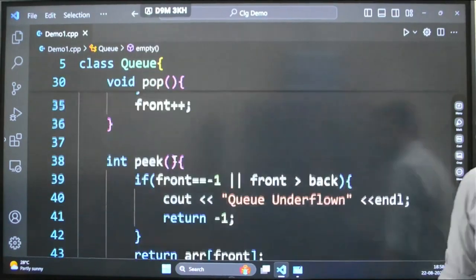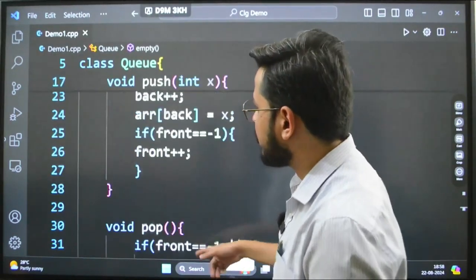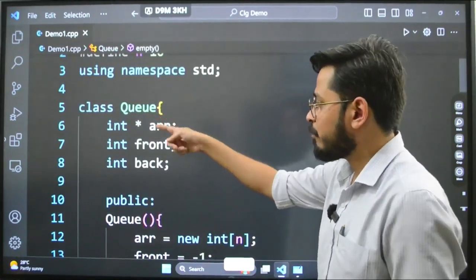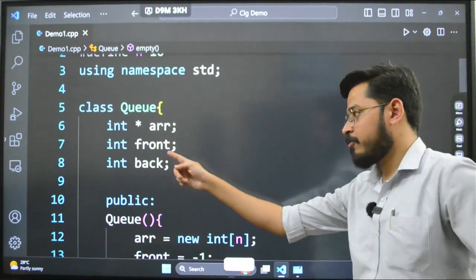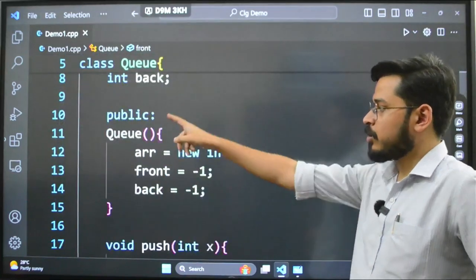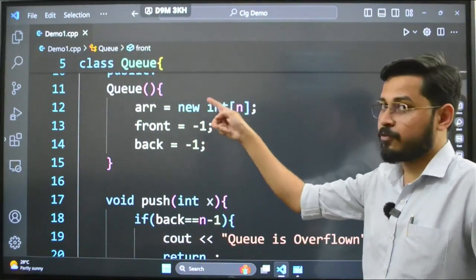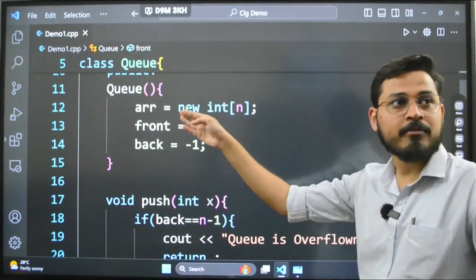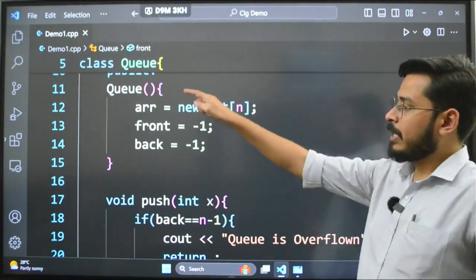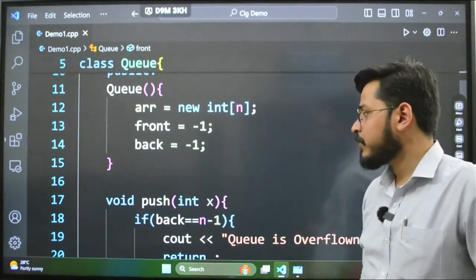But here we need to run it also, no? Our code has to be executed, and to do that, what will I do? This is our code. Let's quickly revise it. We created a class queue. We have created an array pointer and front and back as variables, and in the public section of the class I have a queue constructor and allocated the memory using the new keyword. If you are doing C programming, then you have to do it using malloc or calloc. Next, front we have taken as -1